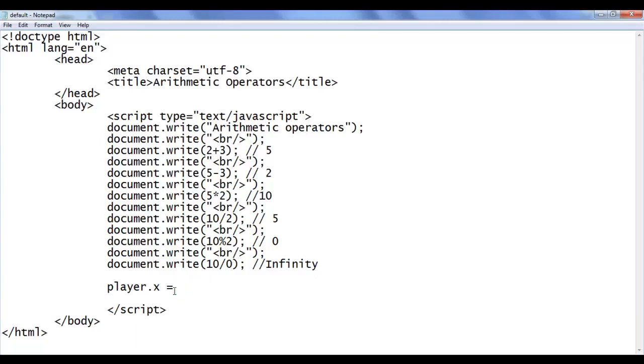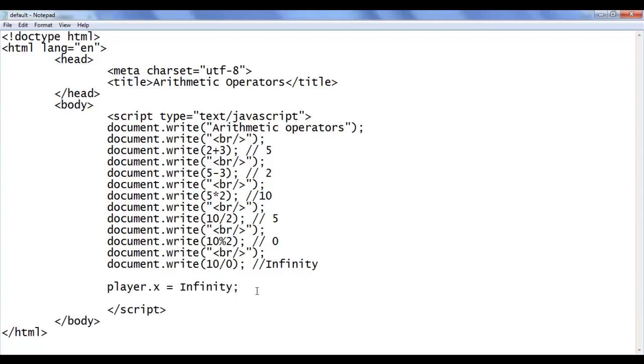So player.x is going to become infinity, friends. Remember that your player is going to be positioned at an infinite place. Even the computer doesn't know where to position that element on the x-axis. So the player is going to behave differently. It might not work as you are expecting.